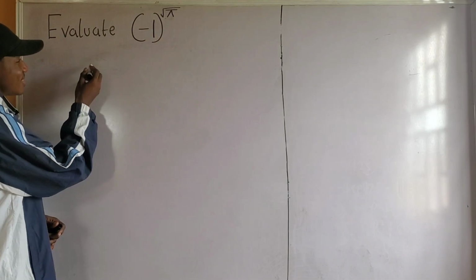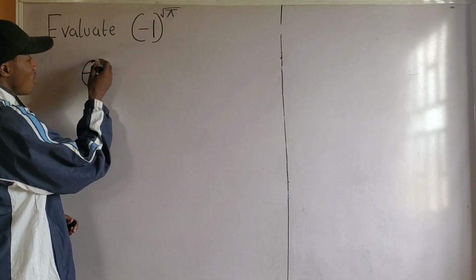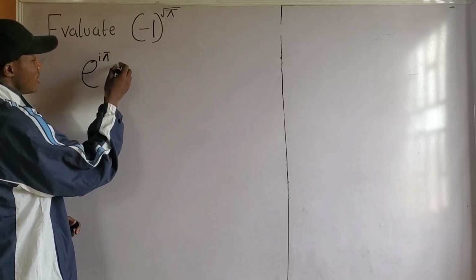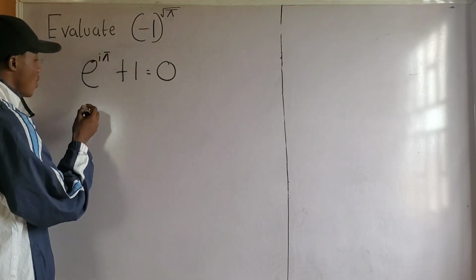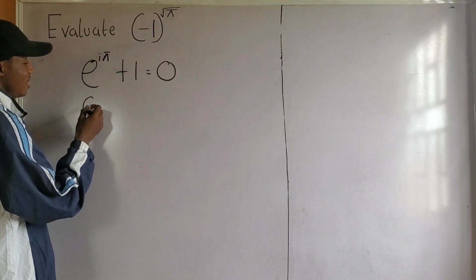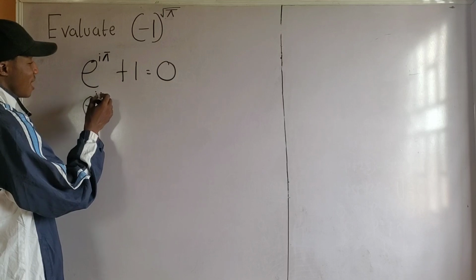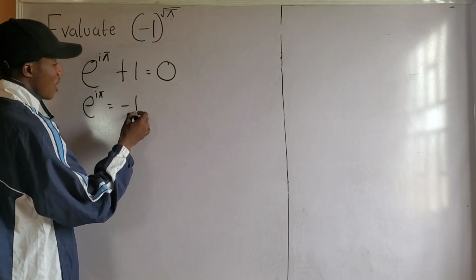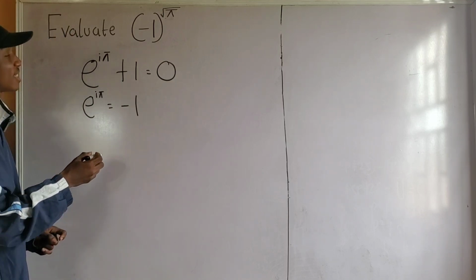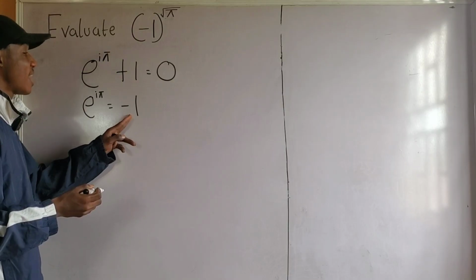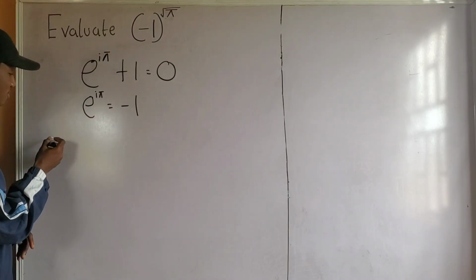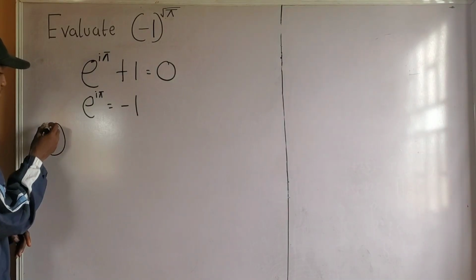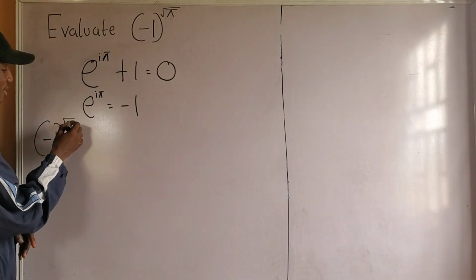Don't forget that e to the power of i pi plus 1 equals 0. So that means e to the power of i pi equals -1. So that means I can replace -1 with e to the power of i pi. Do you understand? So if I have -1 to the power of square root of pi, it will be